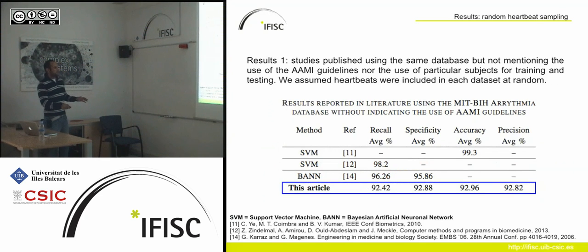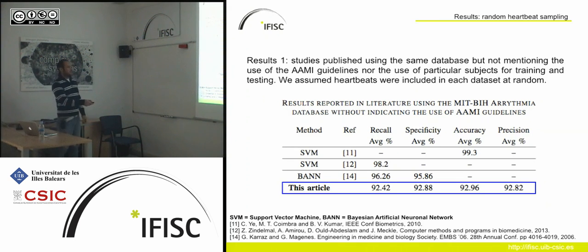This is our first table of results over here. For us, all the measurements are here. If you find a dash, it means that the author didn't publish it for that particular measurement. In this case, what we did to show these results is the following. We forgot about dividing the training and testing sets. We gathered them all together, mixed them randomly, and then used 15 classes and made the classification over that.